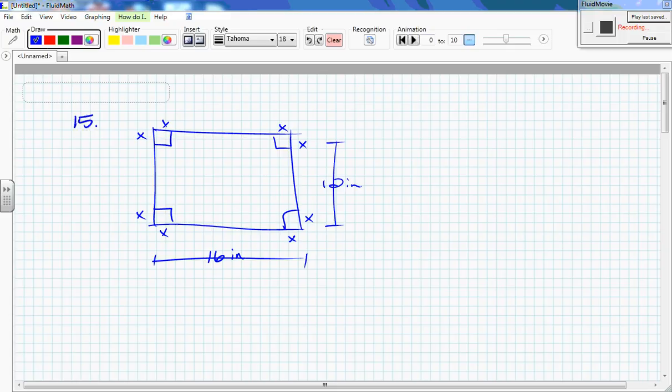Okay, for question 15, it says a metal worker wants to make an open box from a sheet of metal by cutting equal squares from each corner as shown. And it says to write an expression for the length, width, and the height. Well, if he's cutting out equal squares, because they're squares, they have equal sides, and the sides here are represented by a length of